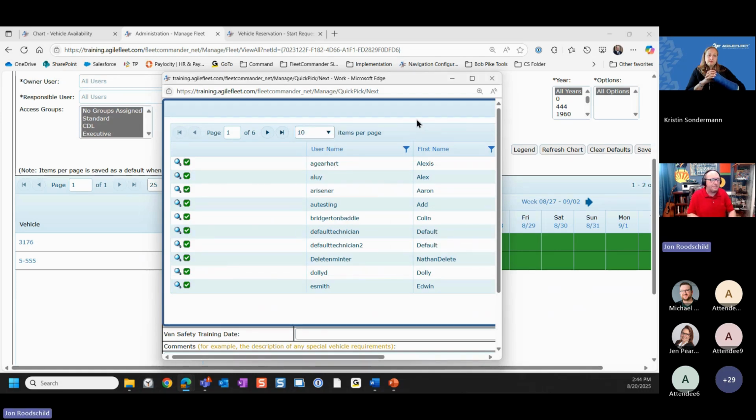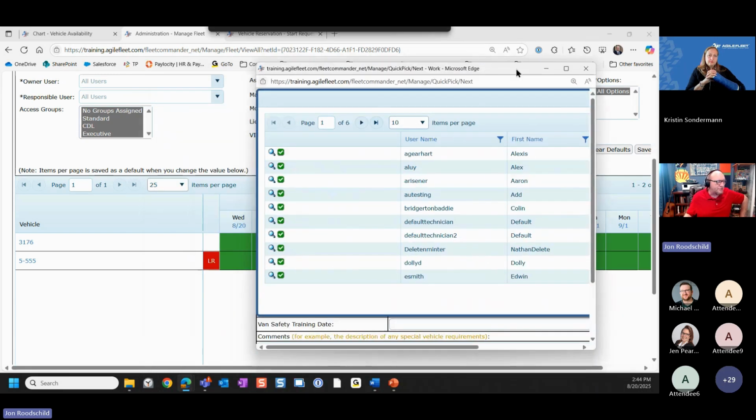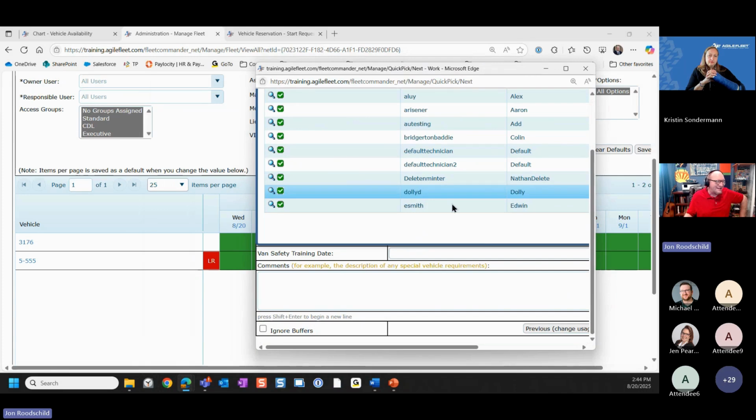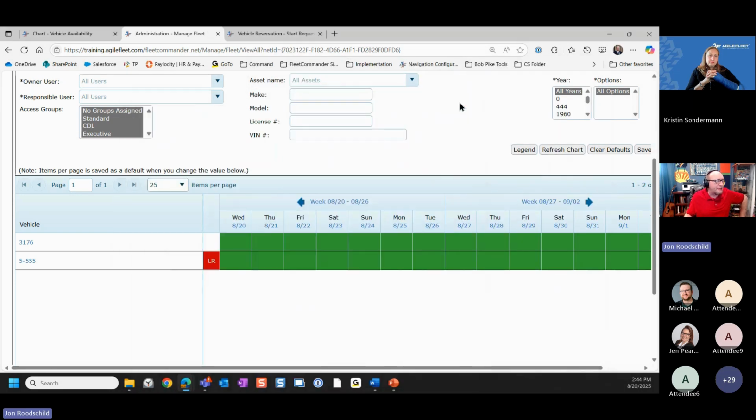The deck that you're going to be receiving that I put together has all the ins and outs of how this operates, so you can see how it looks. It also includes the idea of ignoring buffers in the vehicle assignments. But those are the main features of what we have with FleetCommander and the new changes. I had put aside the next 15 minutes for Kristen and CS, with me leading into it talking about command. But before I do,